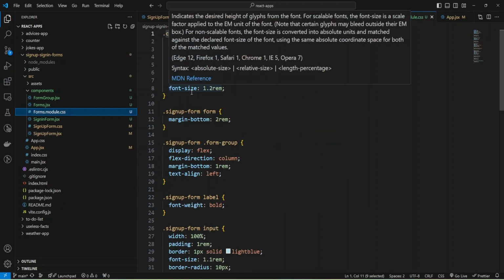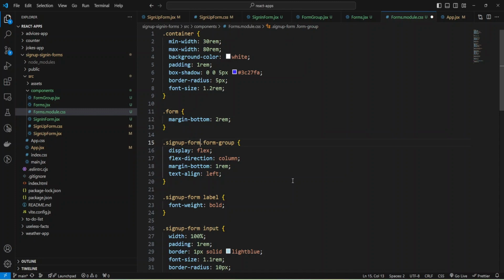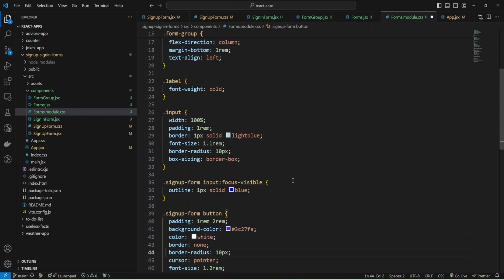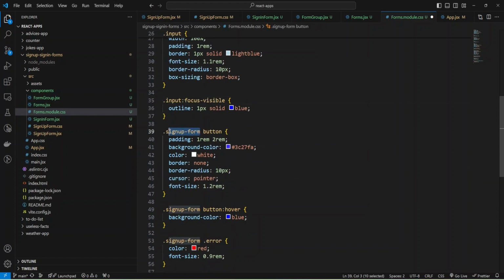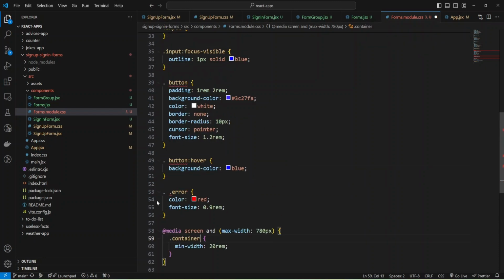Okay, and now I can just provide classes to all my other styles without this sign up form. And also here. And also here. And I replace with an empty string all this sign up form. And here I'm going to provide container and remove all these spaces.